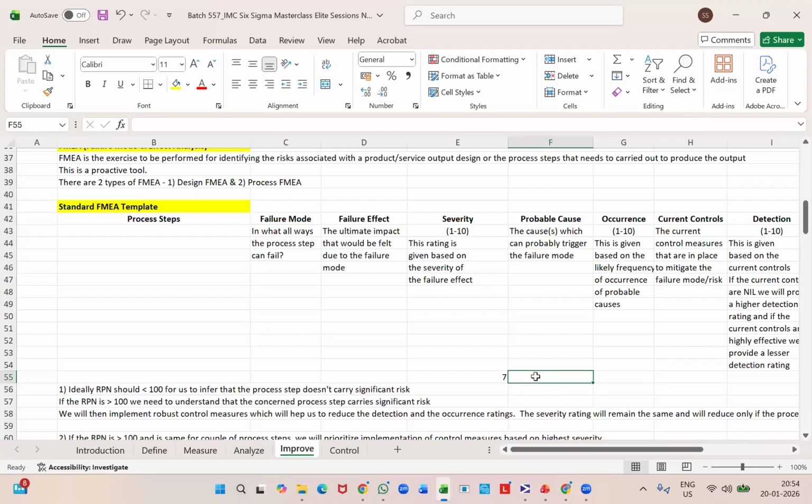Non-maintenance of the oven, how frequently is this cause likely to occur? If it is a moderate frequency, then I will give a rating of 6 for occurrence, right? Anyway, it all depends on the current controls that we have. If current controls are not there at all for this particular risk, then in that case, I would give a higher detection rating and a higher occurrence rating. But there are some current controls already in place. So what are the current controls that we have in place